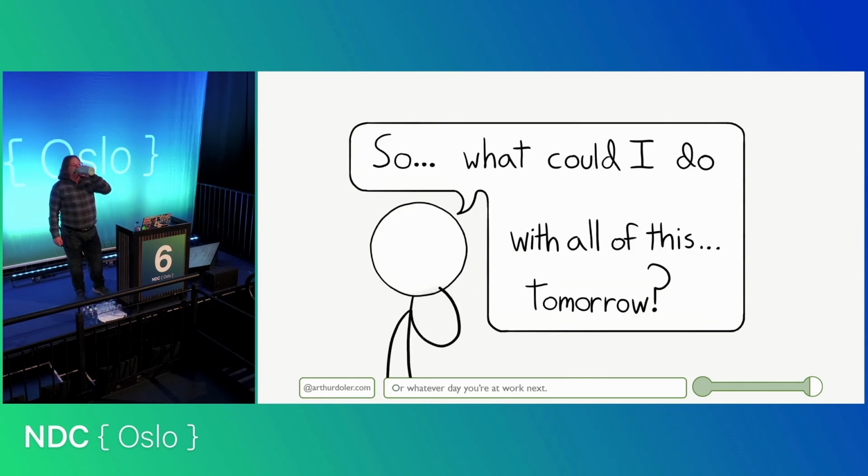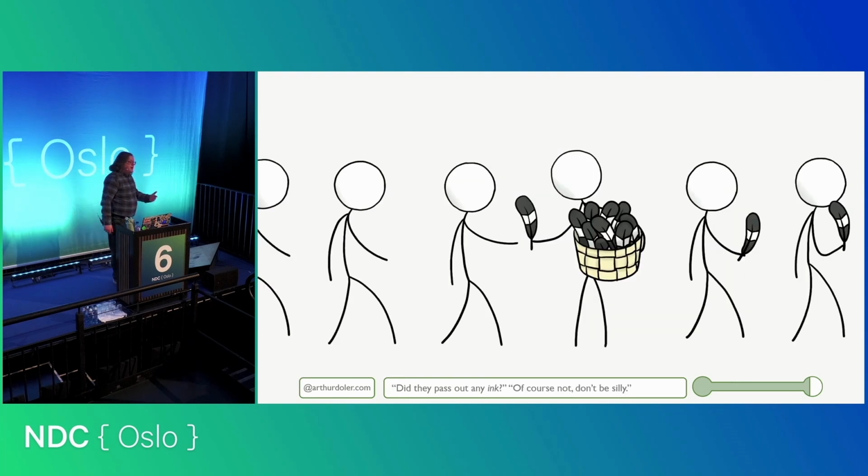So, what could we do with all of this tomorrow? Well, start documenting your system. Don't treat it as an individual effort. Treat that as a team task. If you have zero documentation, literally just start by everybody's first task on a ticket is to write a little bit of documentation about the system, the part of the system they're touching. If you're making decisions as a team, using architecture decision records is actually another really good choice.